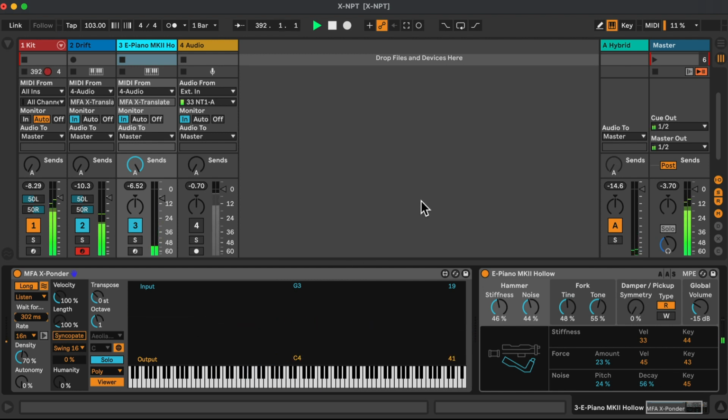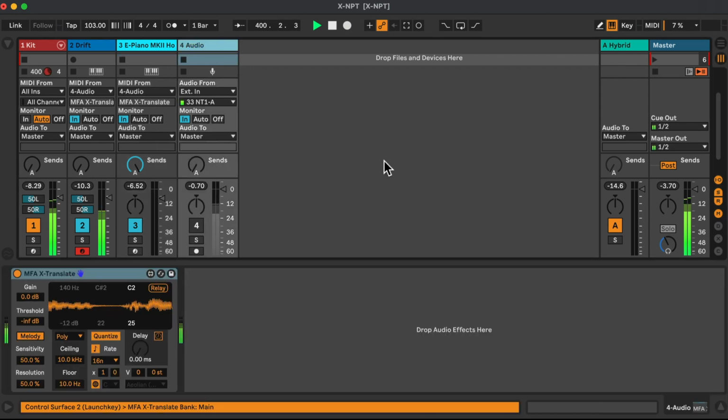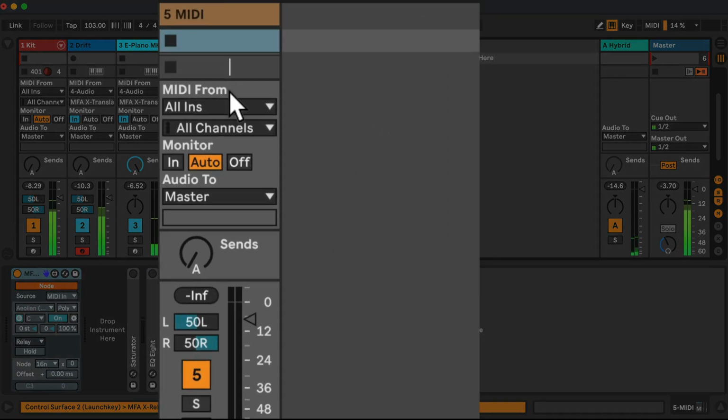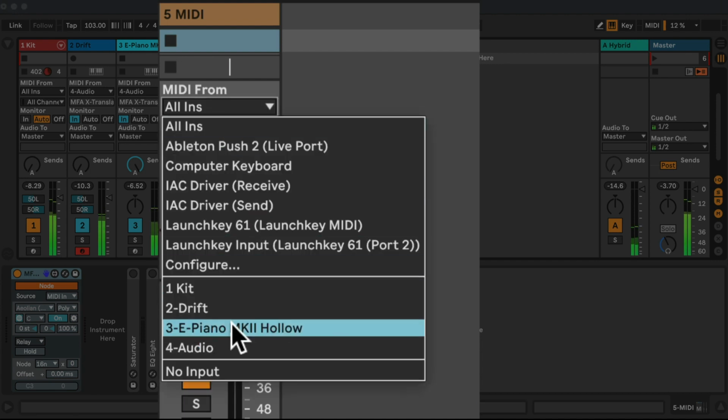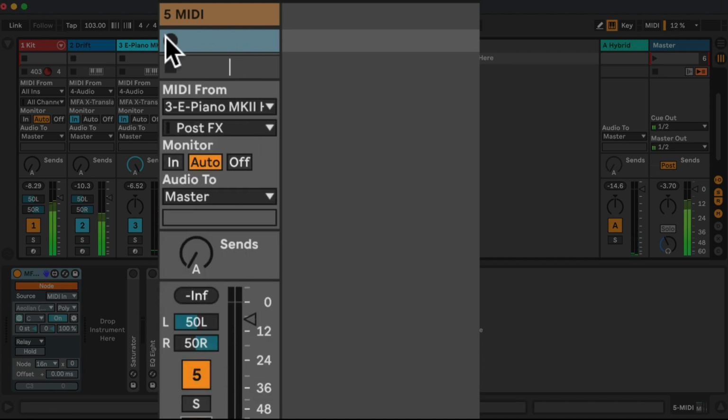So it's captured all those notes that were coming in from the drift that was triggered by the X-Translate. And so we can set up all kinds of wild, interactive, real-time, responsive situations here. But the idea, as I set up to record the output from the piano mini here,